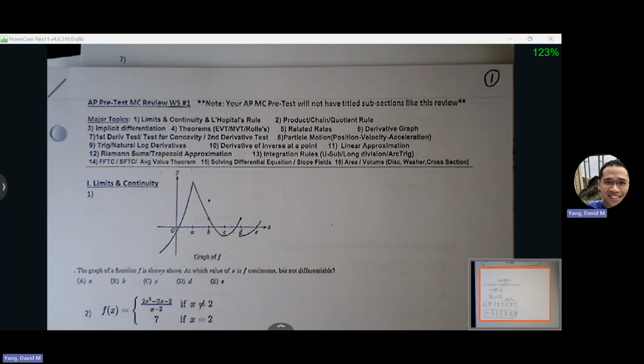Okay, so looking at page one. Well, at least it did something. Let me highlight. Exactly. Derivative topics first. So